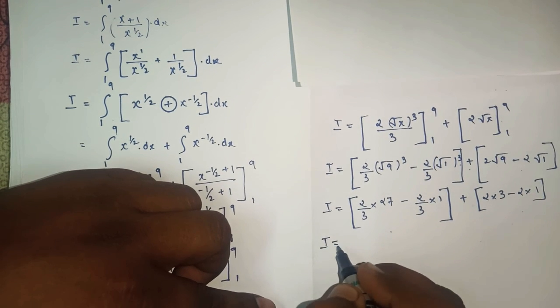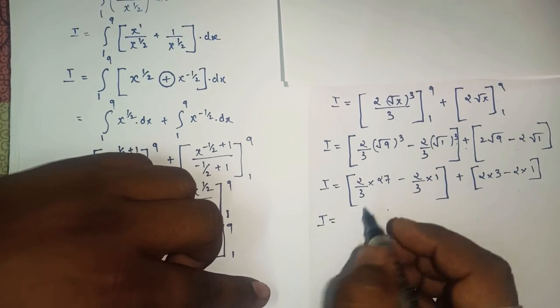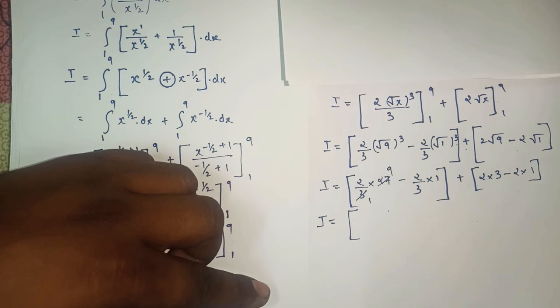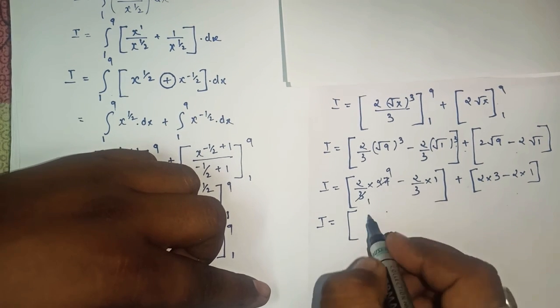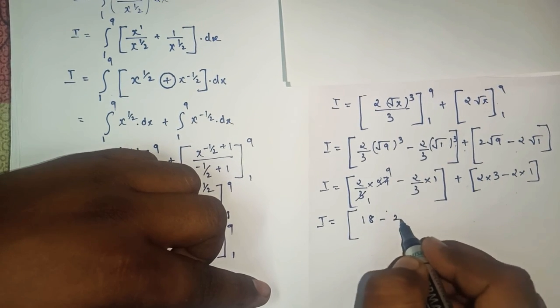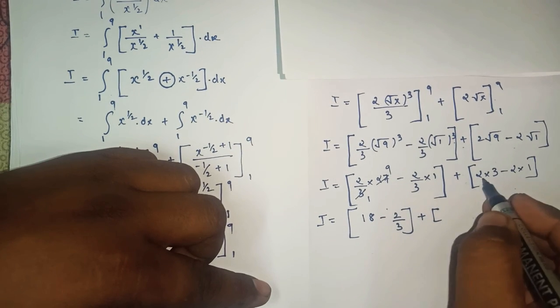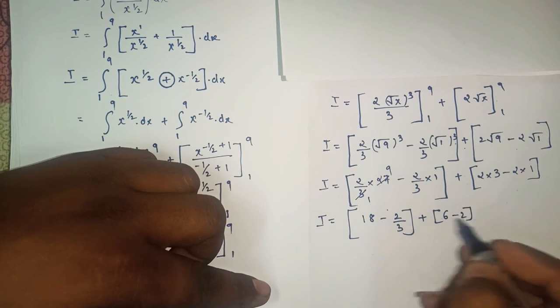So further this we can write as 3 ones are 3, nines are, yes or no. So 2 nines are 18, minus 2 by 3 plus 2 threes are 6 minus 2,